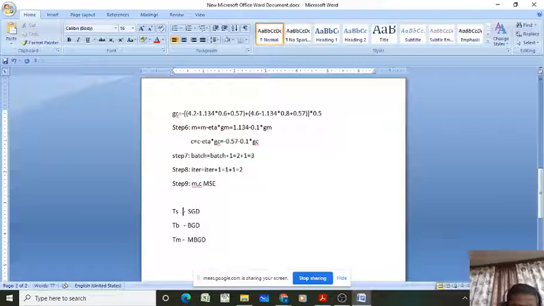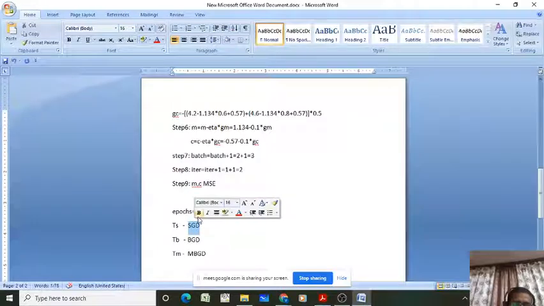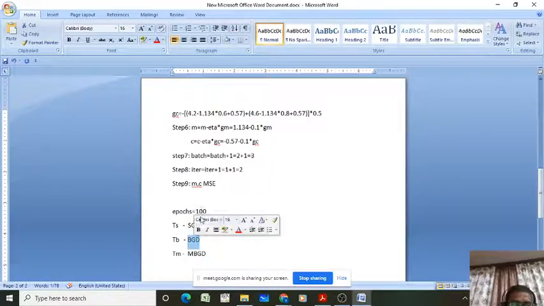Now friends, my question is, suppose I run the iterative algorithm for the same number of iterations, that is, the maximum number of epochs equal to 100 for all the algorithms. I want to train my model using SGD for 100 epochs, BGD for 100 epochs, and MBGD for 100 epochs. Then these are the computation times. Now please tell me, among TS, TB and TM, which will be the largest value?